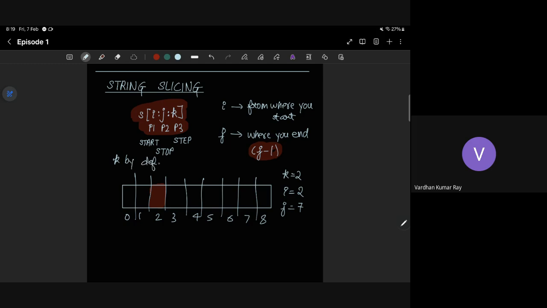That means you will just go forward by a step. If k was 1, I would have gone to 3. But because k is 2, I will go to 4. Then I'll go to 6. But as soon as I go to 8, I see it's even though it has already surpassed 7, that's also one of the reasons.